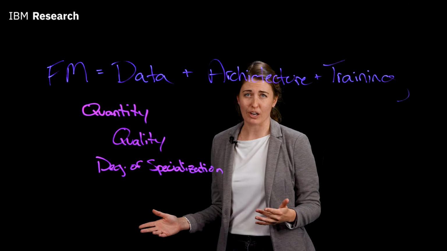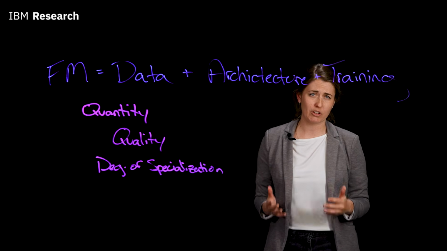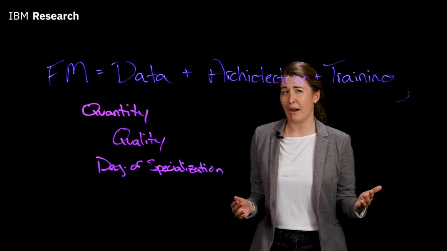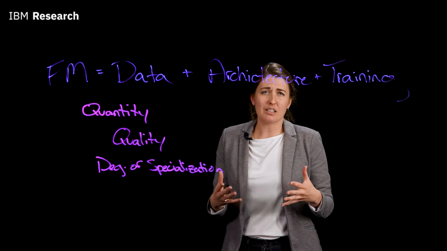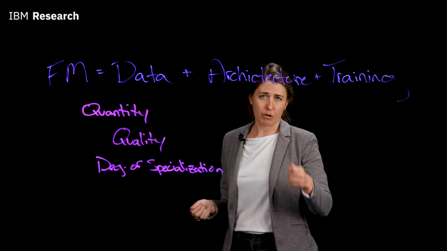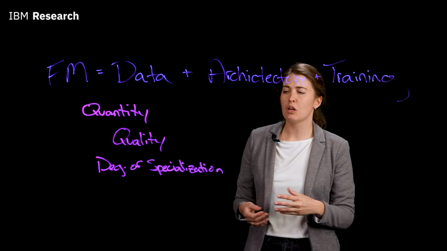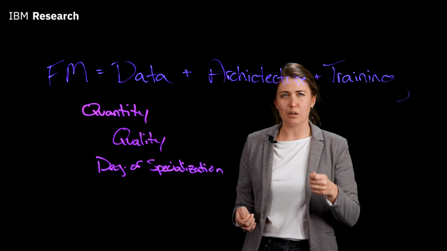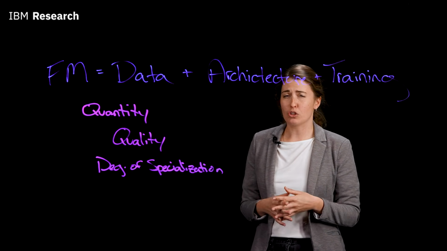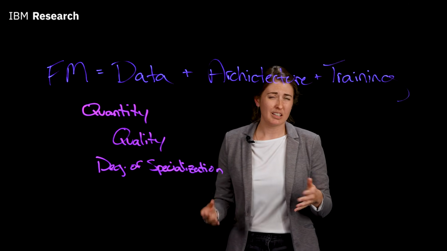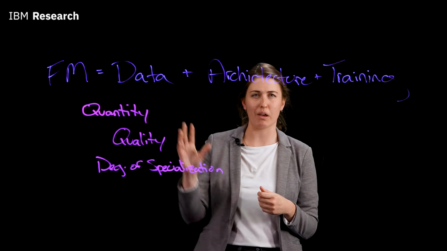There's been a lot of research actually going into how much data you need in order to train a foundation model as efficiently as possible. If you're trying to make it efficient for training, what's the least amount of data you need per parameter in your model? The number of parameters is a way to measure model size. If you're just focused on the training costs, you need about 10 words per parameter in your training data set to make these models efficient.